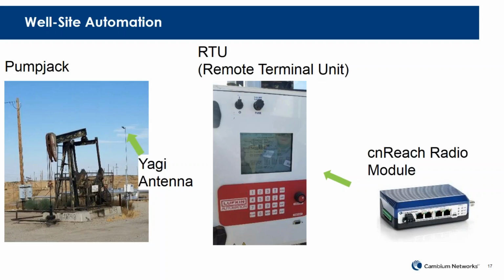I'm monitoring the amount of power that's being drawn. I'm monitoring the temperature and the pressure in each of the valves. And remotely, I want to monitor: is everything working okay? Can I predict that it's going to need some repair? Do I need to send somebody out there to fix something before the entire pump fails? And can I measure how much material I'm pumping off of that well? That way I can monitor how productive that field is on a given day. And you'll see that near that pump jack, there's that white box in the lower right, and it goes up to what I've called out there as a Yagi antenna.